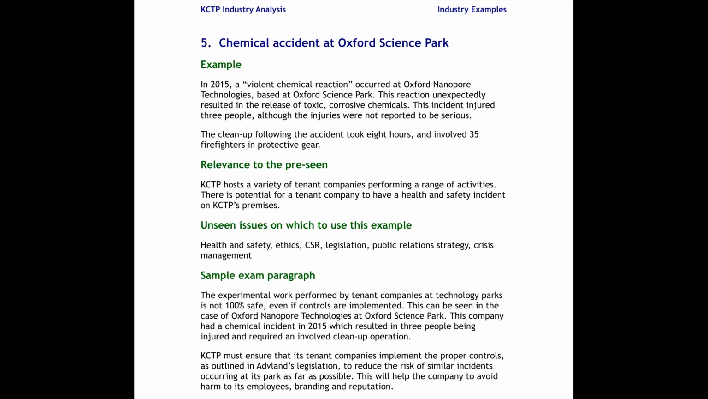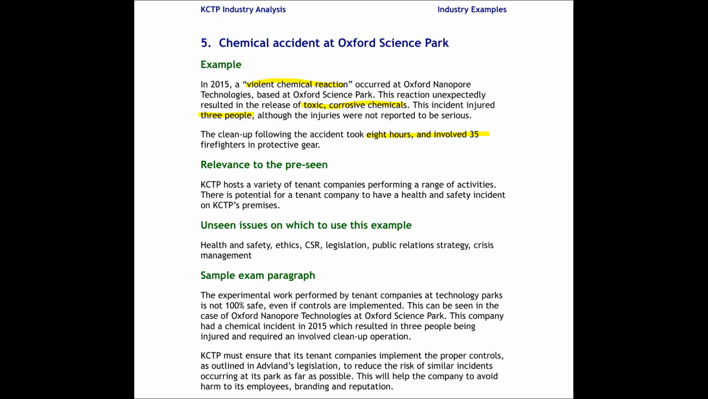The second real-world example issue that we'll be discussing is a chemical accident at Oxford Science Park. So in 2015, a violent chemical reaction occurred at Oxford Nanopore Technologies, which was based at Oxford Science Park. This reaction unexpectedly resulted in the release of toxic, corrosive chemicals. The incident injured 3 people, although the injuries were not reported to be serious. The cleanup operation, again following the release of these toxic, corrosive chemicals, took 8 hours and involved 35 firefighters,